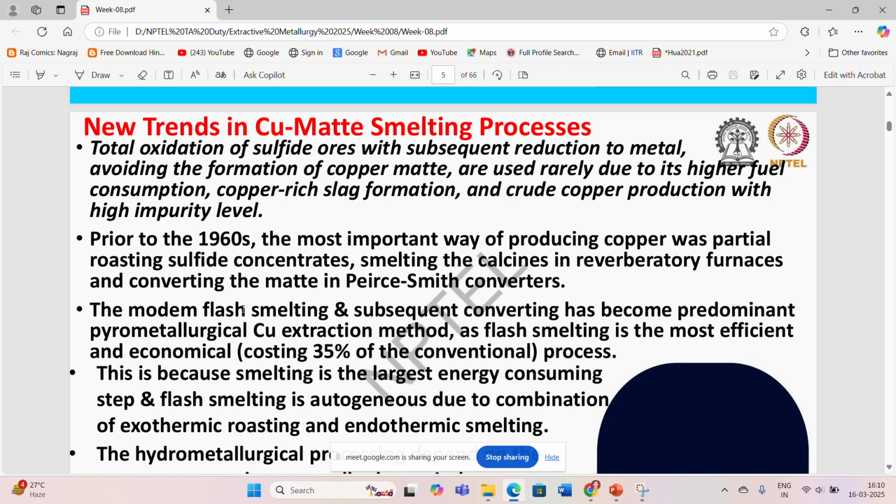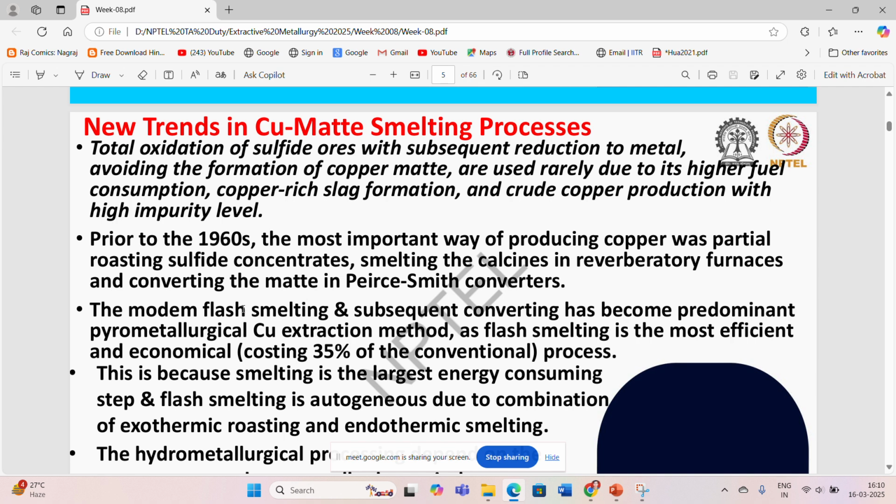So first we have to convert this copper sulfide into the copper oxide with the help of the oxidation roasting process, or we have to go for the copper matte smelting processes, so that we can remove the iron present inside this copper chalcopyrite ore in slag material, because it will add on the impurities during the copper production process. So total oxidation of sulfide ores with subsequent reduction to metal, avoiding the formation of copper matte, are